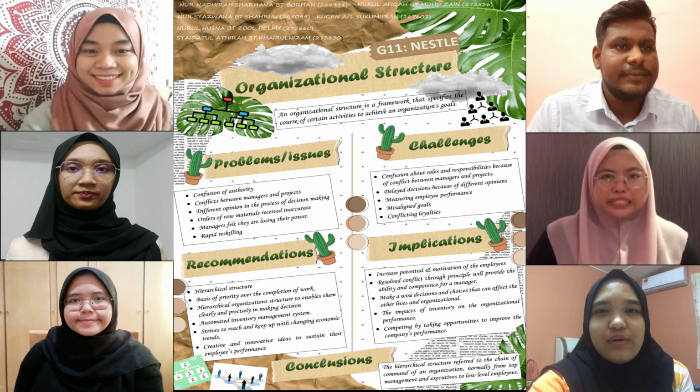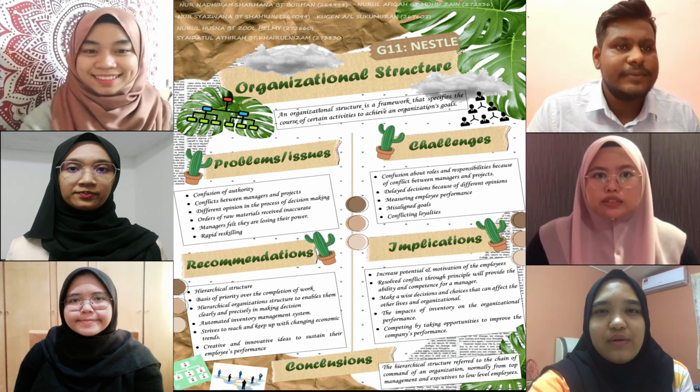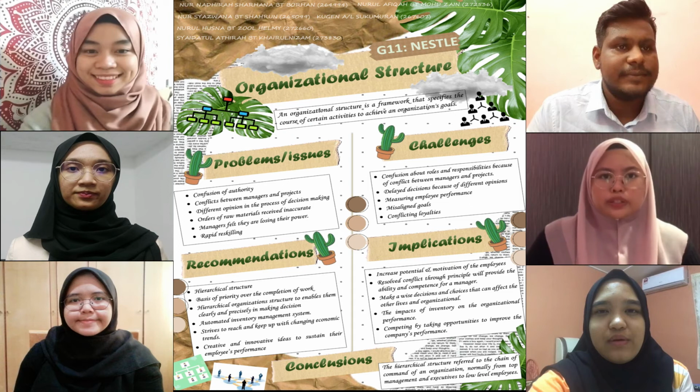The first implication is increasing the potential and motivation of employees. According to the problem, authority confusion does not necessarily occur in the company due to the matrix structure of the organization. It allows multiple departments to communicate and collaborate on one project. As a result, employees will respond to some managers rather than unuseful managers. Problems can be solved more quickly, and company-wide interaction can increase even during this COVID-19 pandemic.